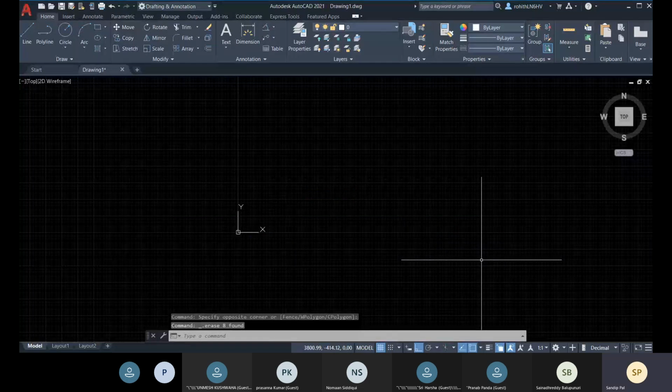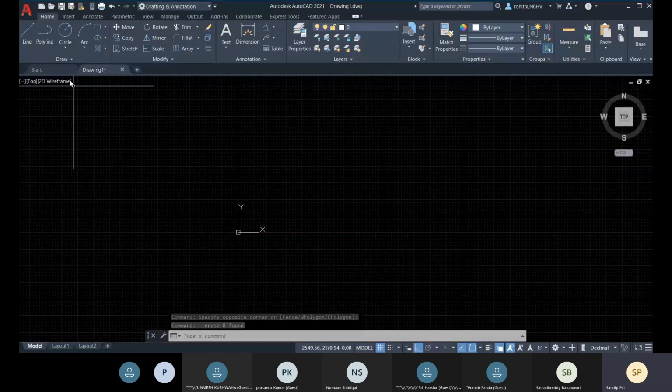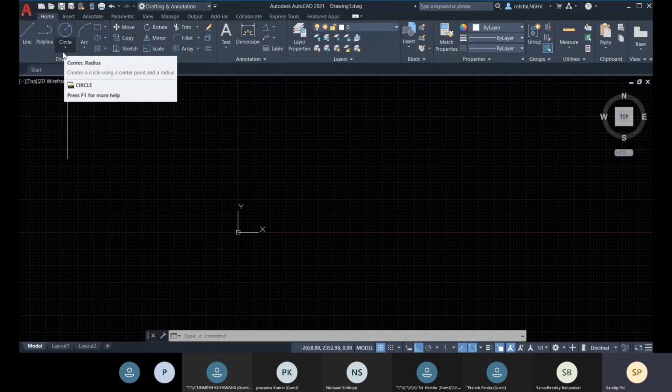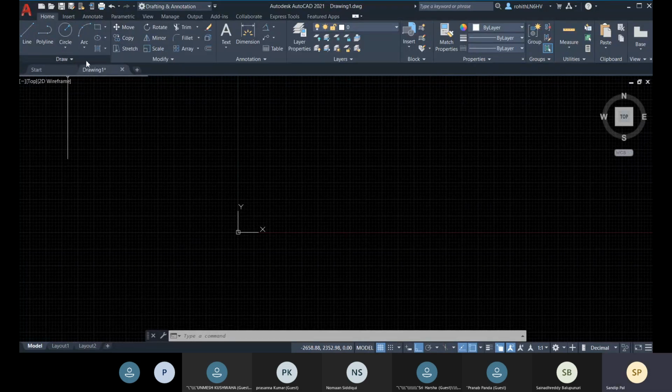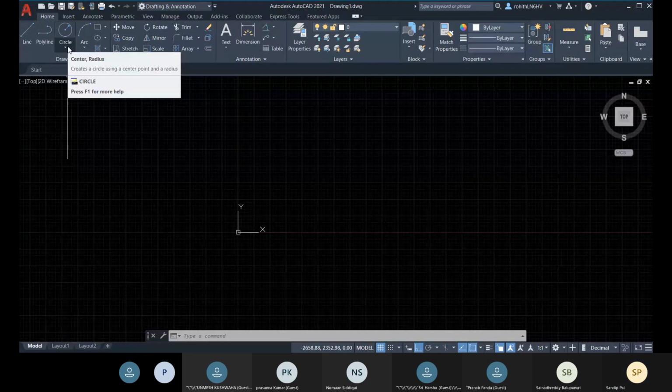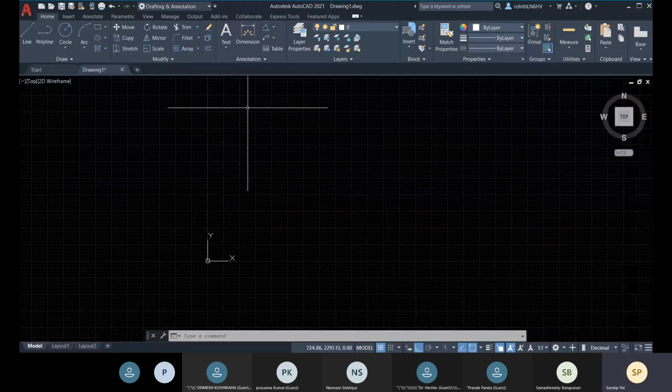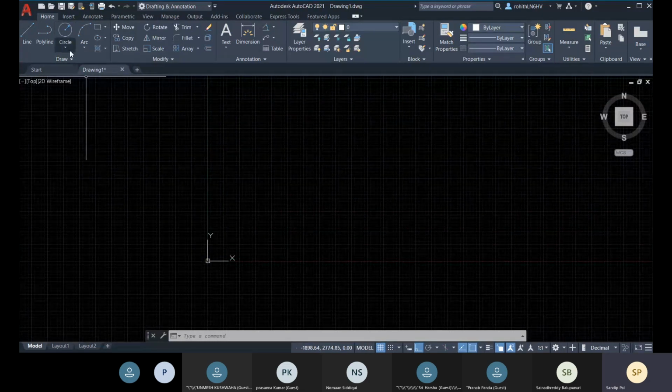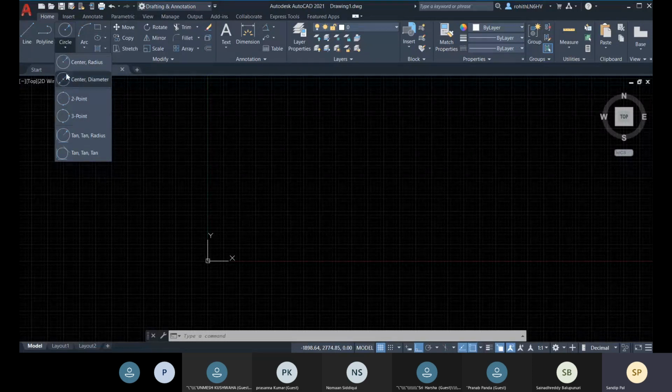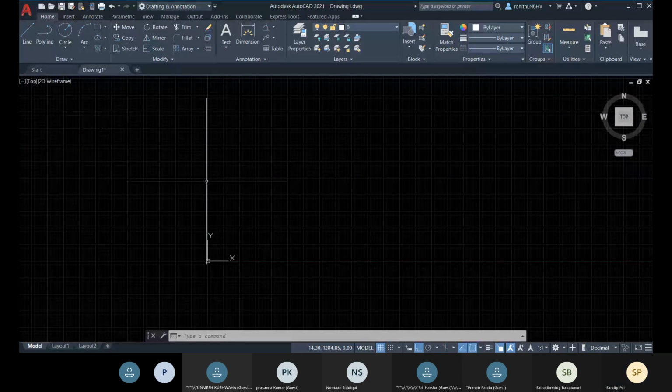All right. Now we have a circle within our draw panel. To create a circle in AutoCAD, we have 6 different ways.